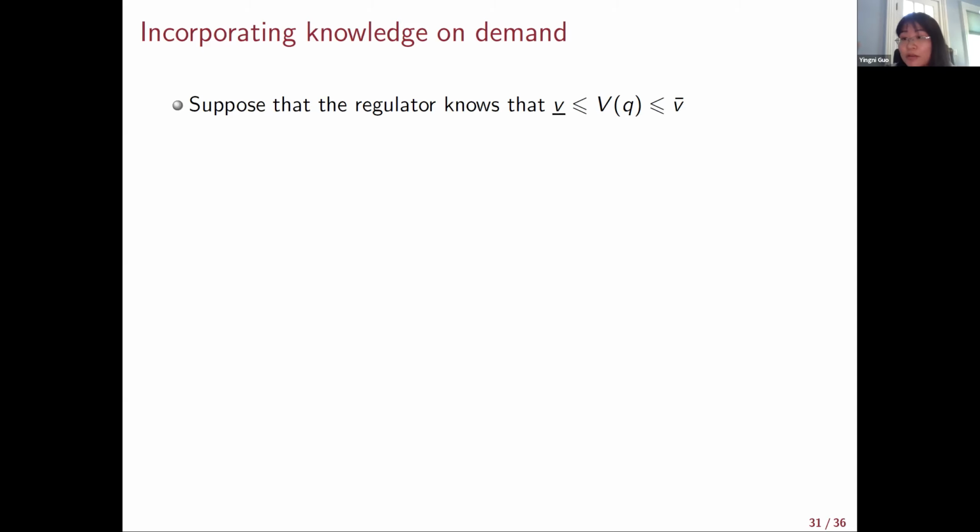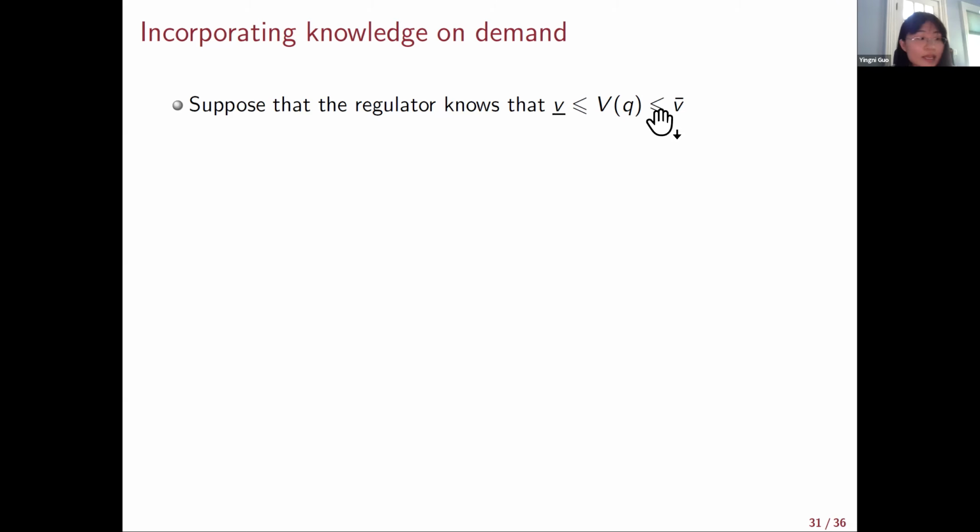So suppose it's about housing, vaccine. I know that everyone's valuation is at least a V lower bar. Now we can adjust this V upper bar and V lower bar. As they get closer, the consumers are more homogeneous. As they get wider, the consumers potentially are more heterogeneous.